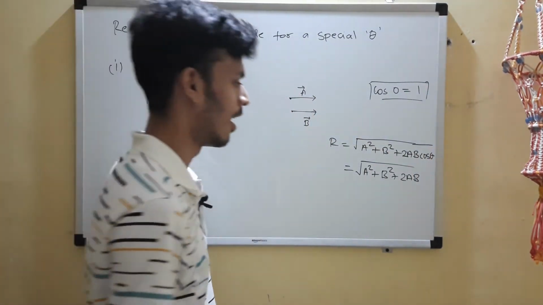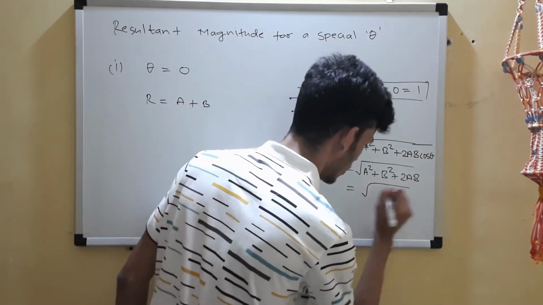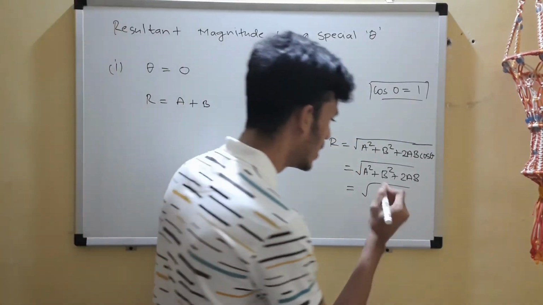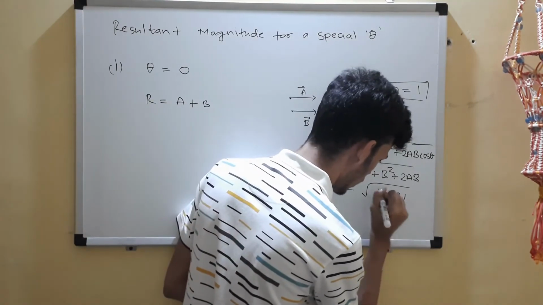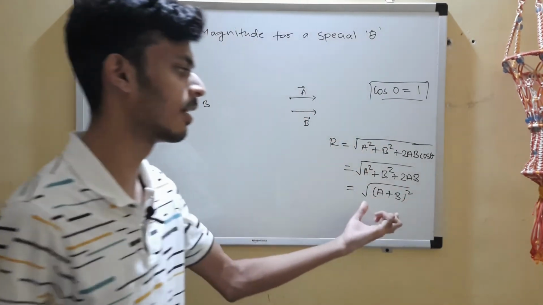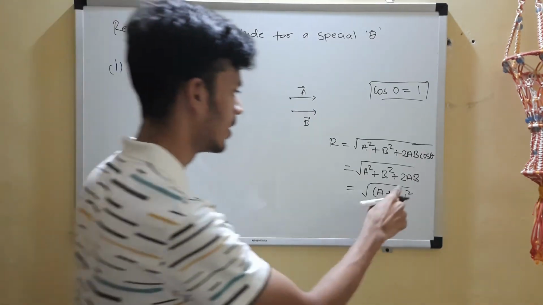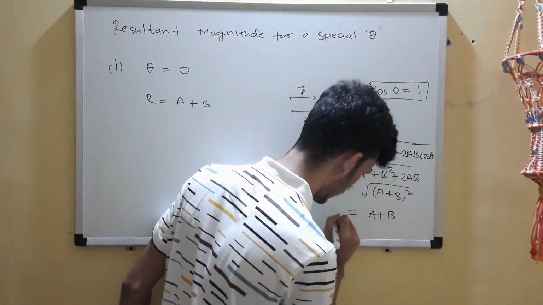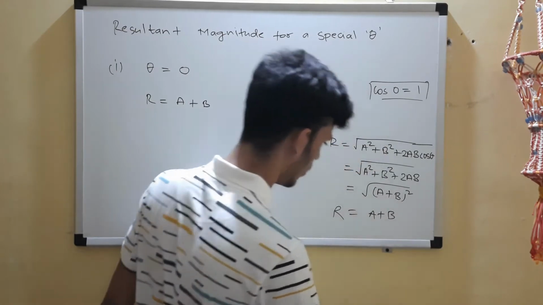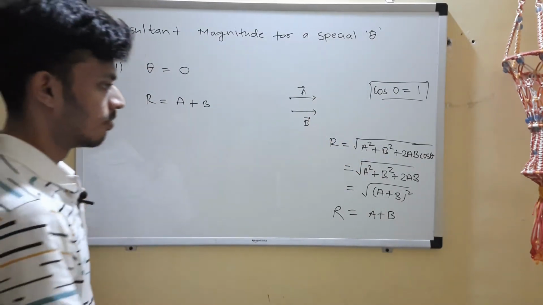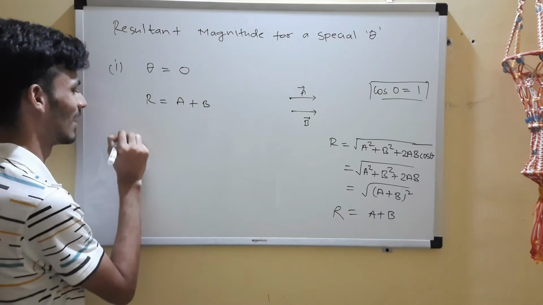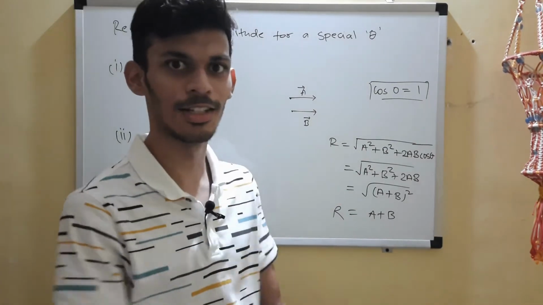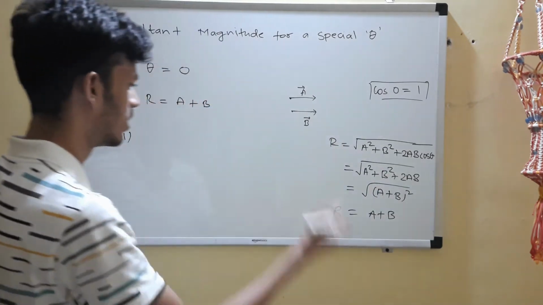That is not that harsh. This lecture is not that harsh on you. So a square plus b square plus 2ab, what is that? A plus b the whole square, right? It's nothing but a plus b the whole square. Now the square and root sign, remove that. R is a plus b. Now again, say that you don't trust me. Okay, that is true, right? So if they are in the same direction, you can just add them instead of going through the long route.